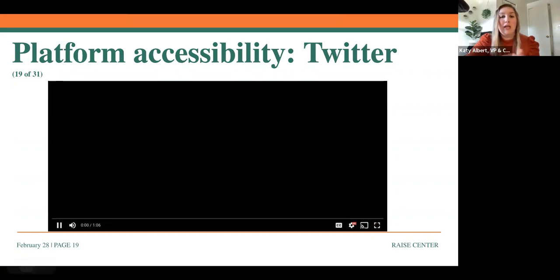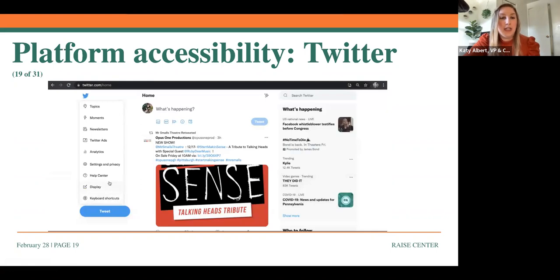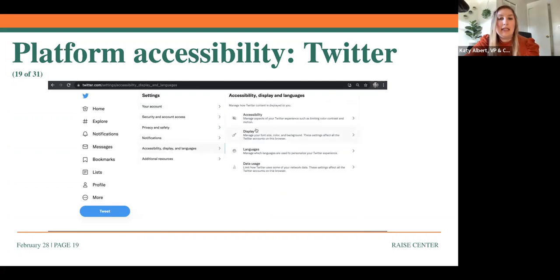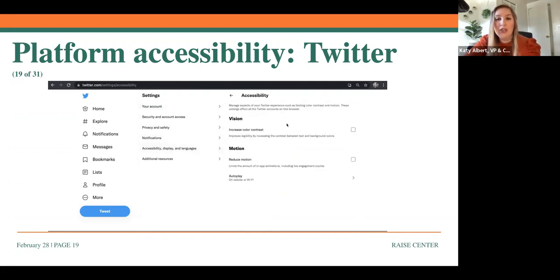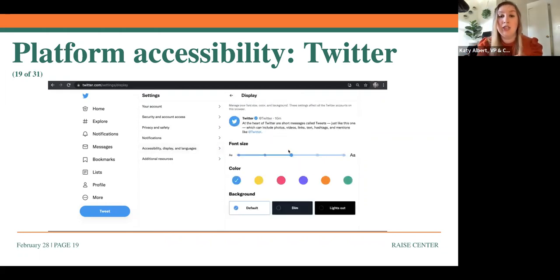And we'll look quickly here how you go into your Twitter settings. You can see there, you can access the help center. You can go into your settings here, find the disability display and language. Go to accessibility. You can increase the color contrast or reduce the motion of some images that you're seeing.